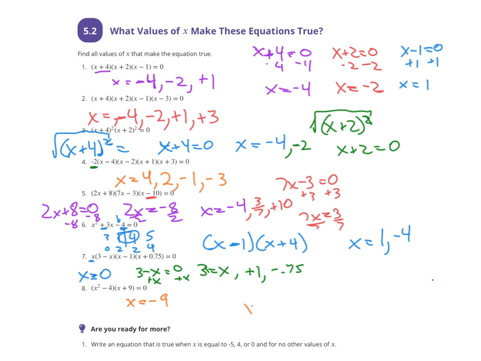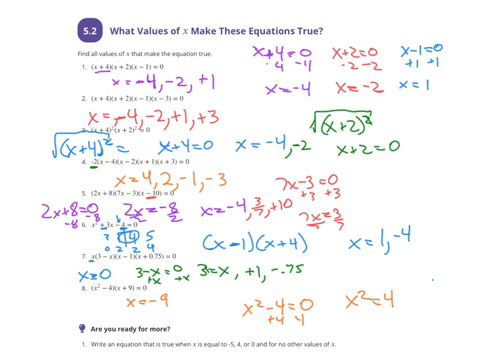Now, x squared minus 4 is a little different case. x squared minus 4, let's set that equal to 0. Add 4 to both sides. We get x squared equals 4. When you solve an equation, you cannot